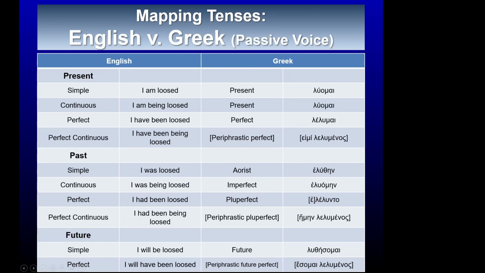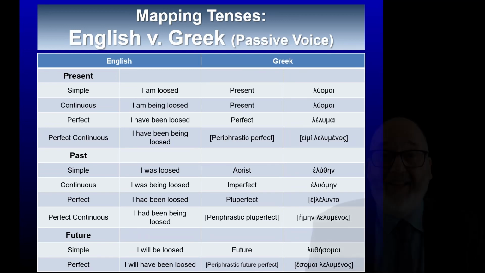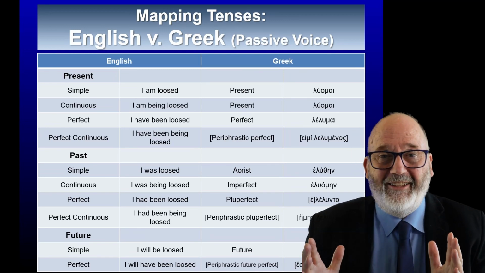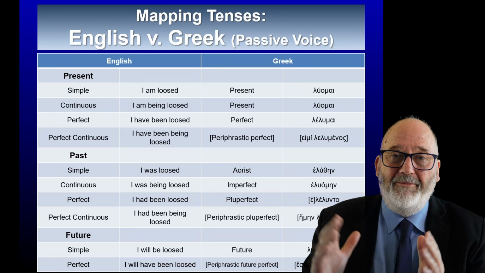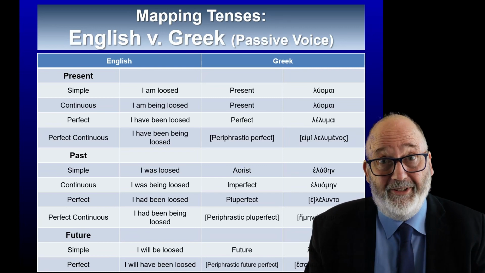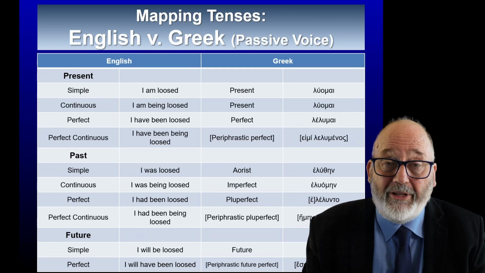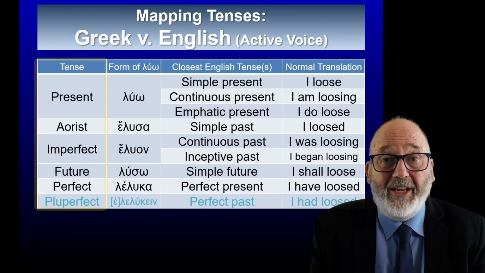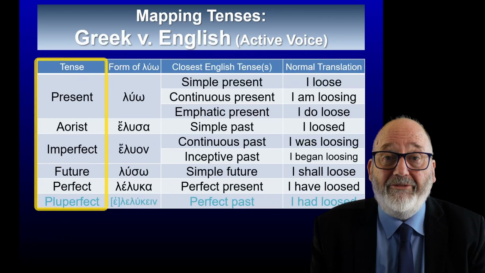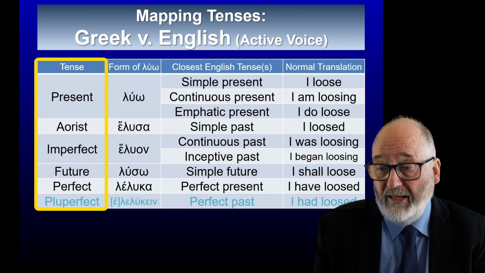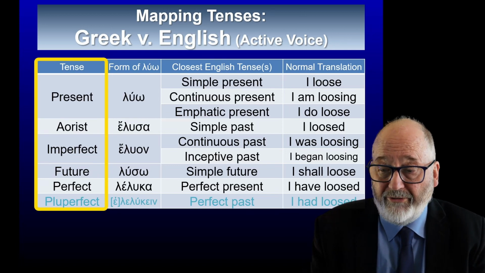I've done it also for the passive voice, and if you were learning Greek to translate from English into Greek, you would need to know this. But for most of us, we are translating from the Greek New Testament. What I've shown here are the 5 tenses in Greek down the left-hand side: the present, aorist, imperfect, future, perfect,